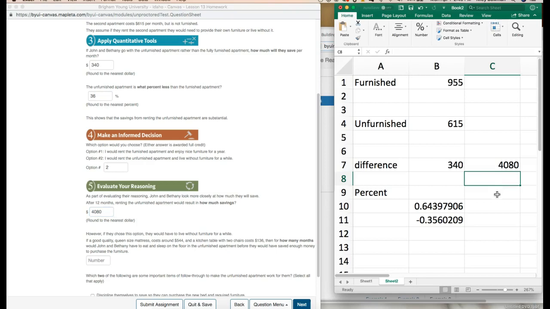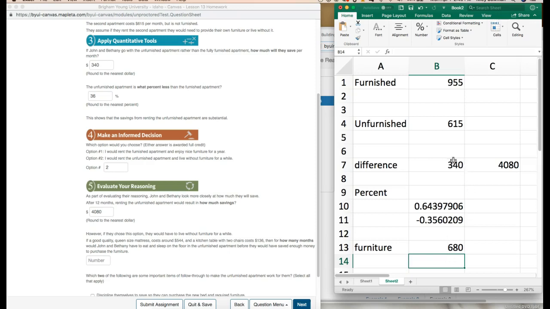$480. Okay, so we have a couch, and let's just add up the furniture. Here we have $544, and we're going to add 136. There we go. So with a mattress and kitchen stuff, it would be this much, and that shows me that if I were to take this number, the $680,